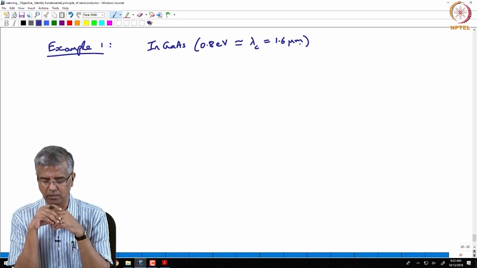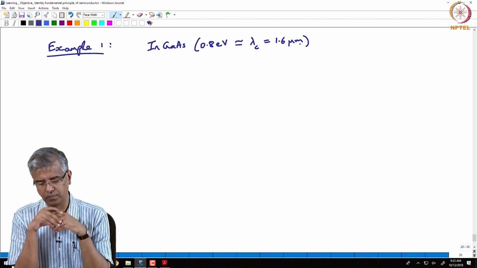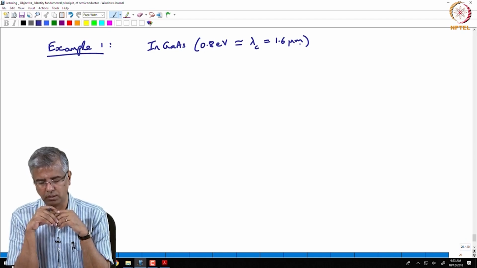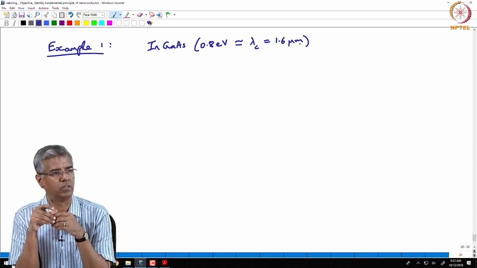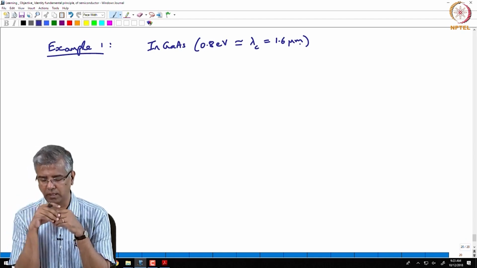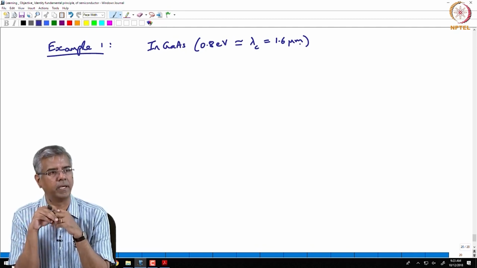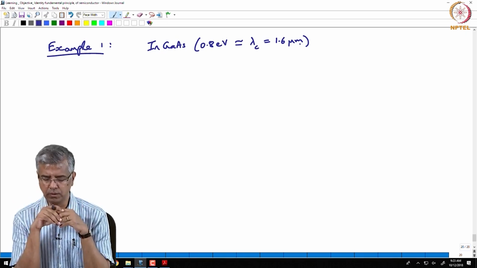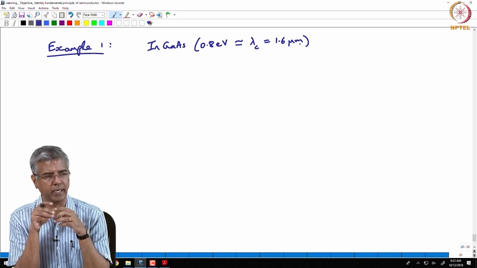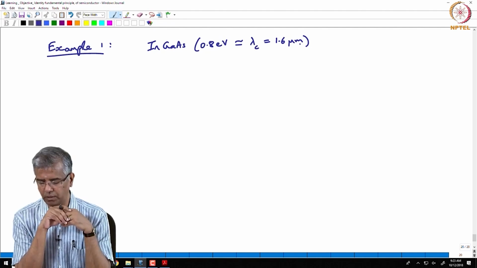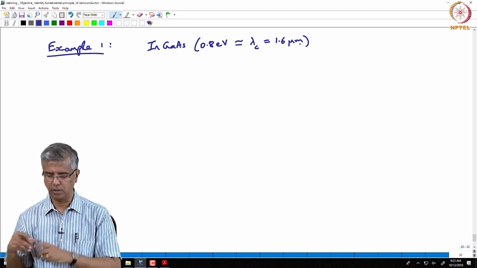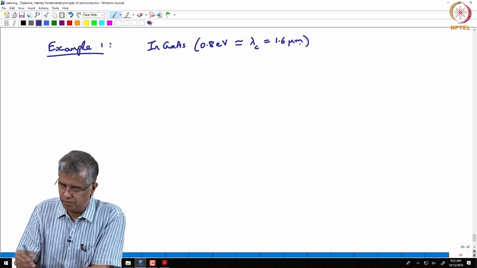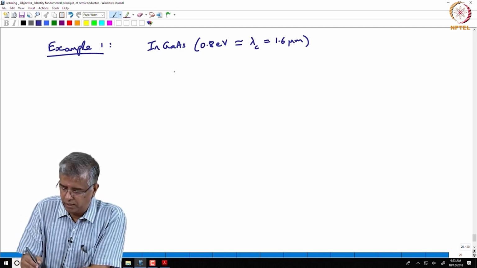before indium gallium arsenide was brought about, you had germanium as your detectors. Germanium has a similar band gap energy. So, germanium is sensitive to near infrared wavelengths. Okay. But let's look at this problem where we are given indium gallium arsenide, and we are told that we